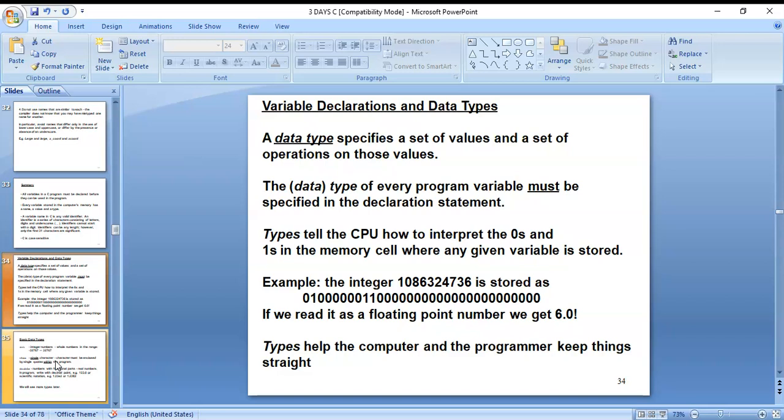Types tell the CPU how to interpret the zeros and ones in the memory cell where any given variable is stored. If we read it as a floating point number, we get 6.0. Types help the computer and the programmer keep things straight.